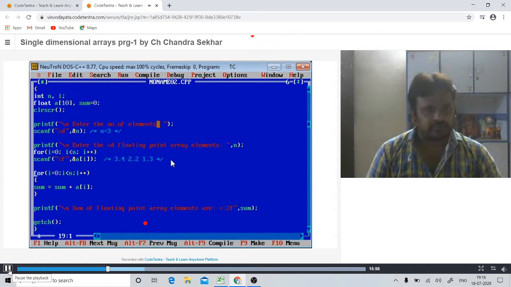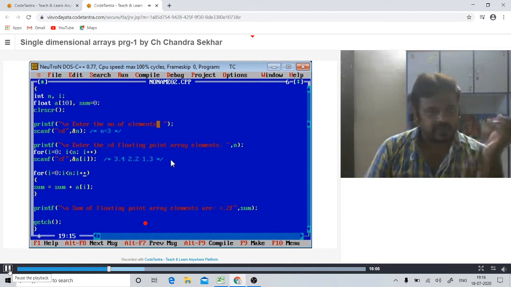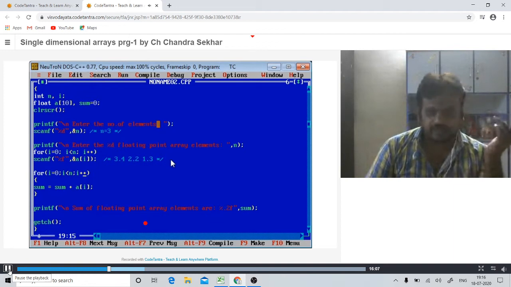Again it moves to this location, the i value is incremented by 1. So 1 less than 3, again the condition is true, so again the statement is executed.